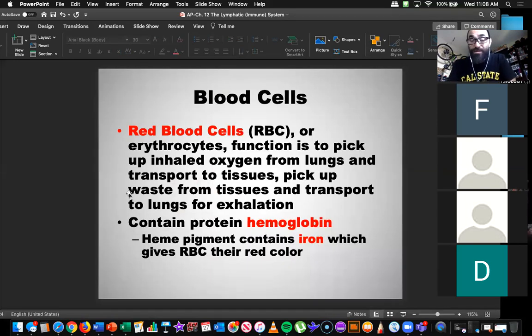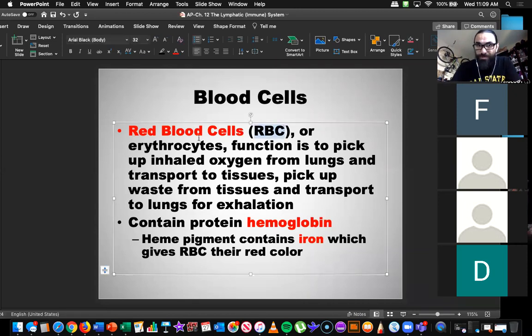But the lymphatic system, like we said earlier, or Daniel read us earlier, works together with different cells, organs, and vessels. So let's first talk about the cells, okay? Now, we already looked at blood when we looked at the circulatory system, but we need to talk about it more here because the blood works with the lymphatic system, and it actually is what transports nutrients that travel then through the lymphatic system vessels. So first, let's look at red blood cells. Okay, so red blood cells, I just put them RBC for short. Their technical name is erythrocytes.